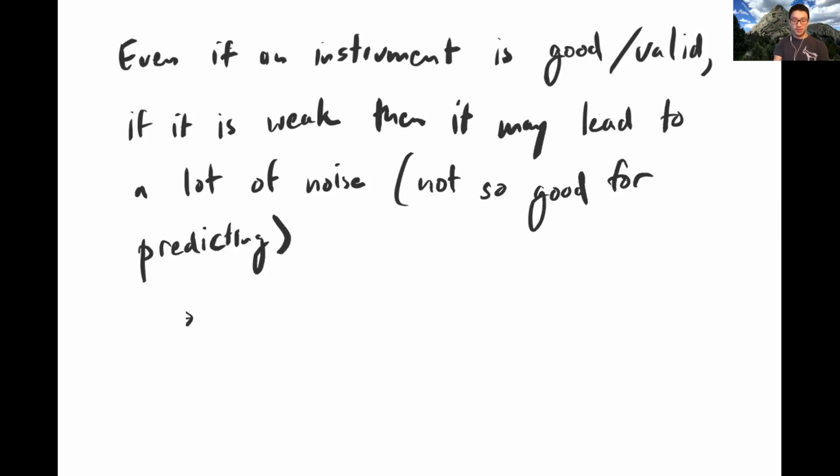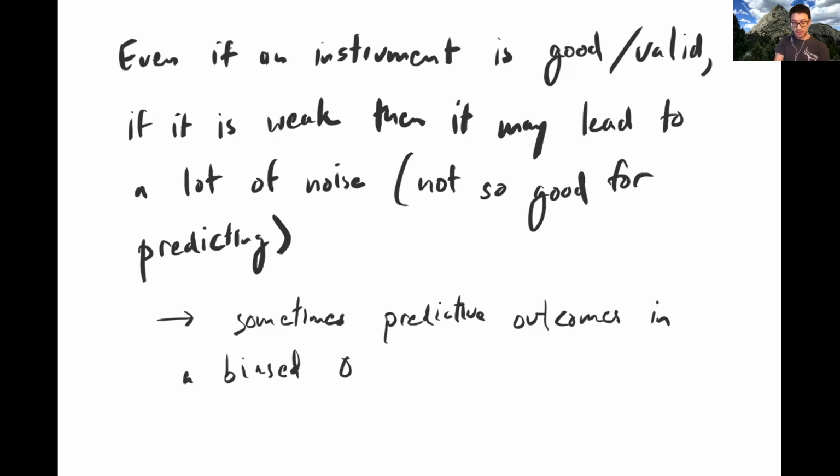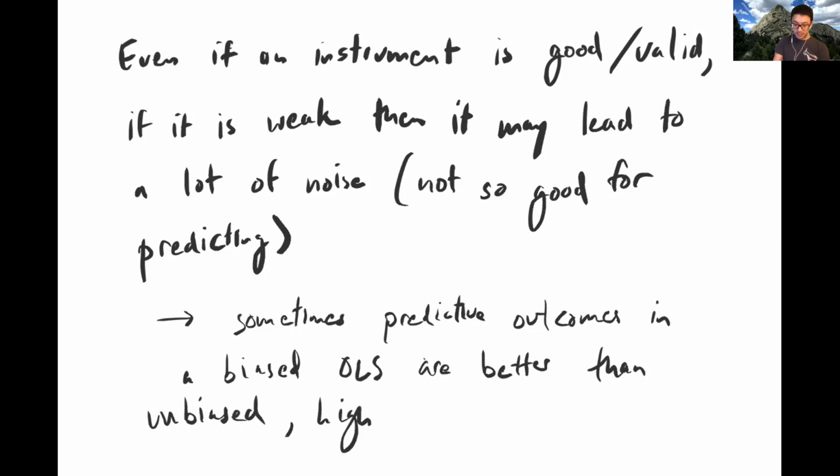And so one thing that you probably won't hear about so often is that sometimes predictive outcomes in a biased OLS are better than an unbiased, high variance instrument. So what this means is that